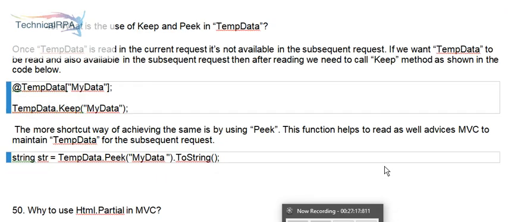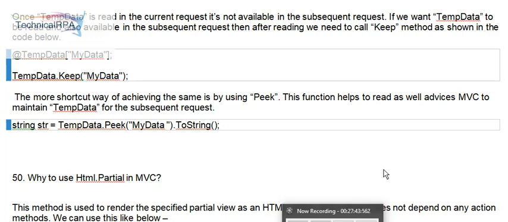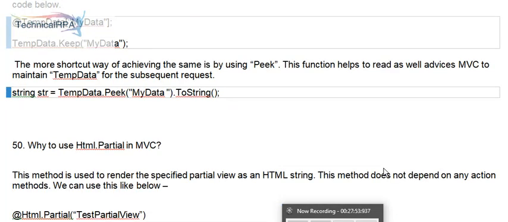49. What is the use of Keep and Peek in TempData? Once TempData is read in the current request, it's not available in the subsequent request. If we want TempData to be read and also available in the subsequent request, then after reading we need to call the Keep method as shown in the code below. @TempData["MyData"]; TempData.Keep("MyData"); The more shortcut way of achieving the same is by using Peek. This function helps to read as well as advises MVC to maintain TempData for the subsequent request. string str = TempData.Peek("MyData").ToString();